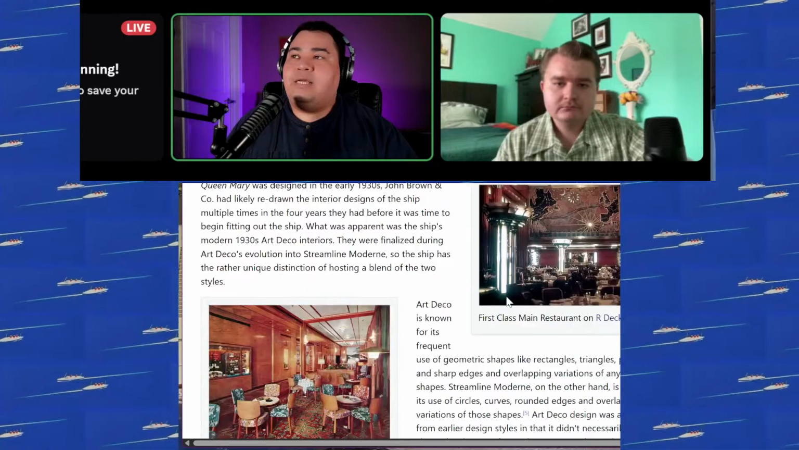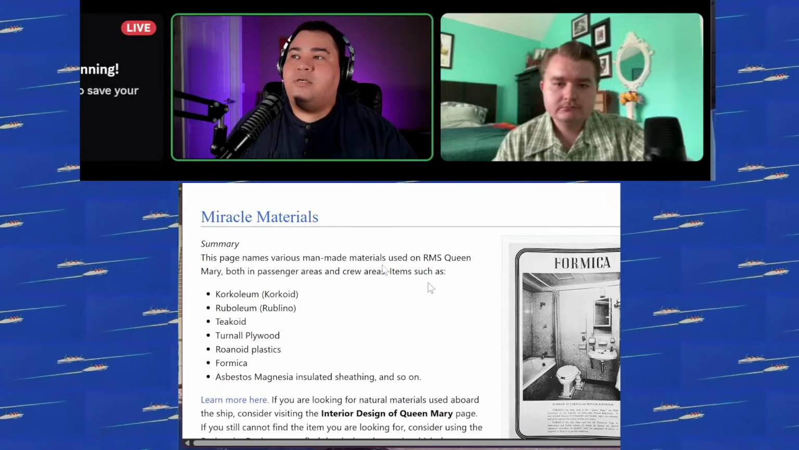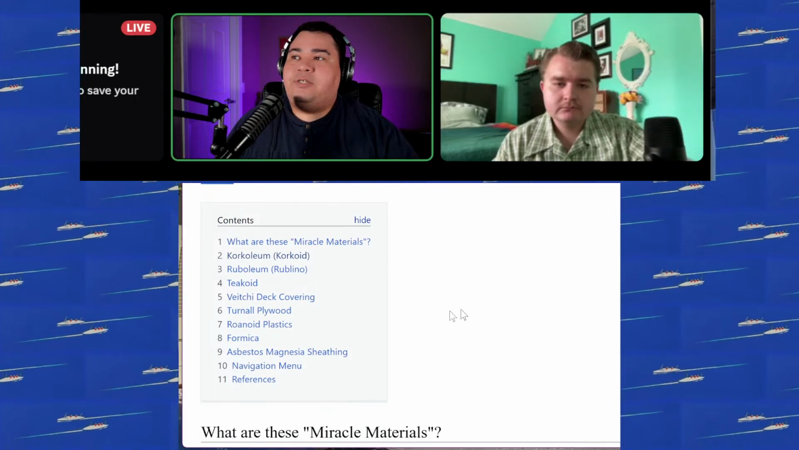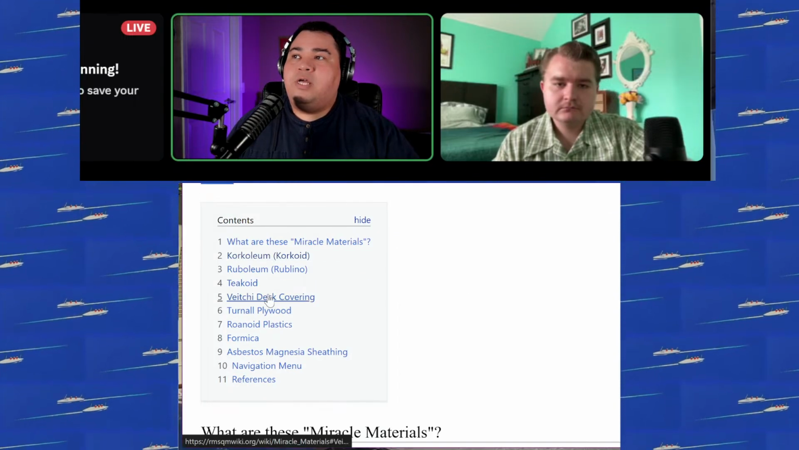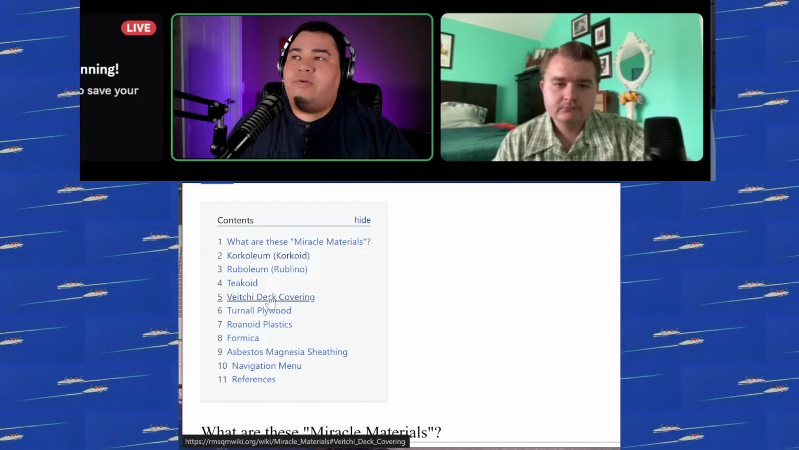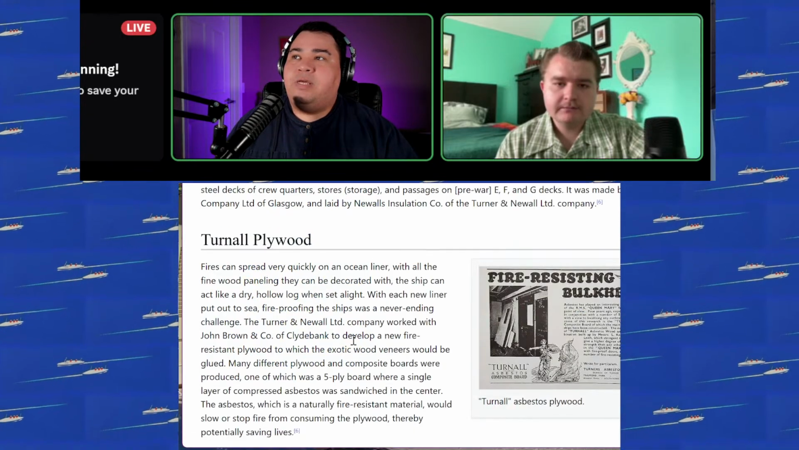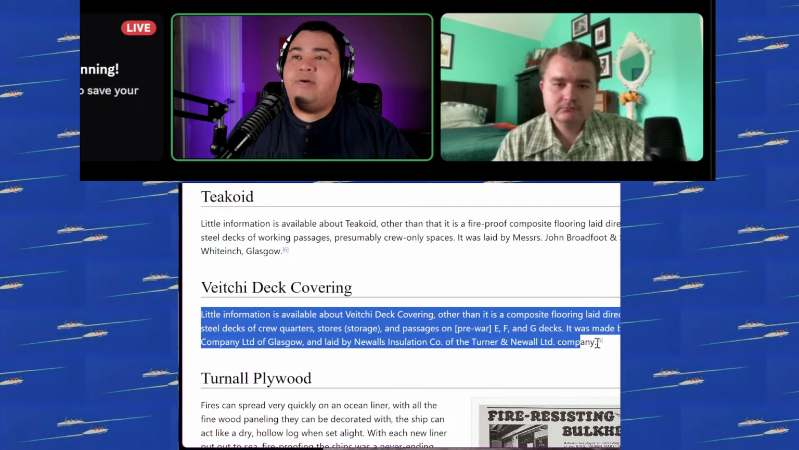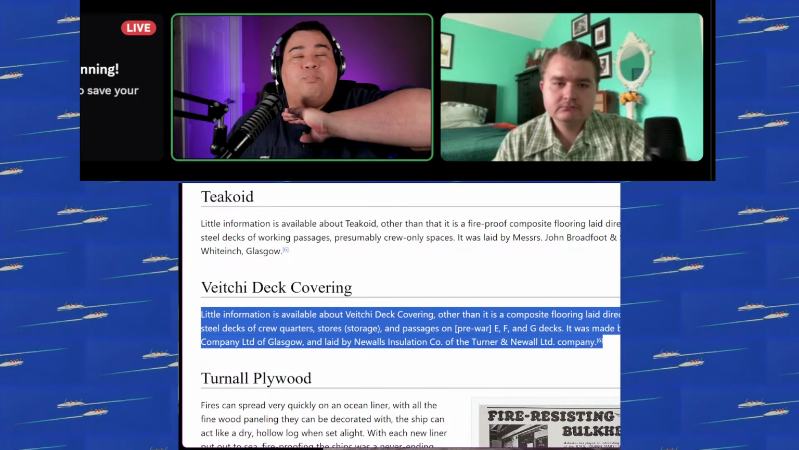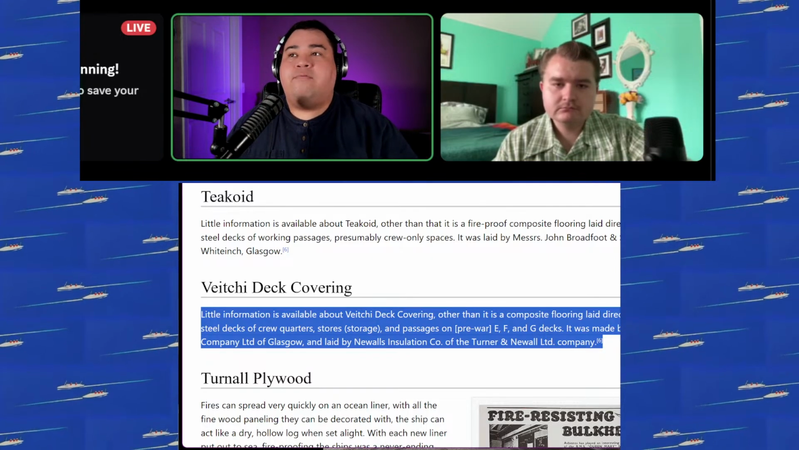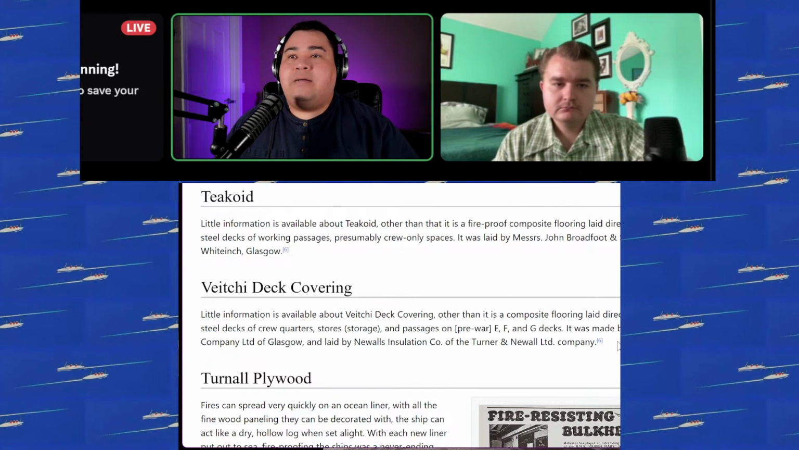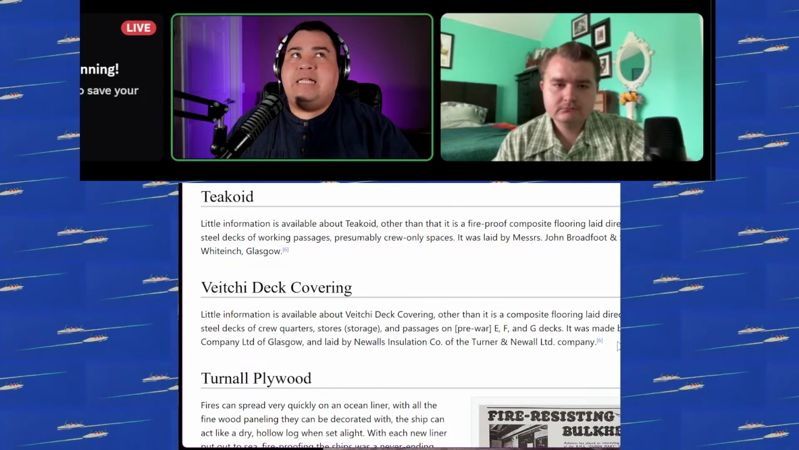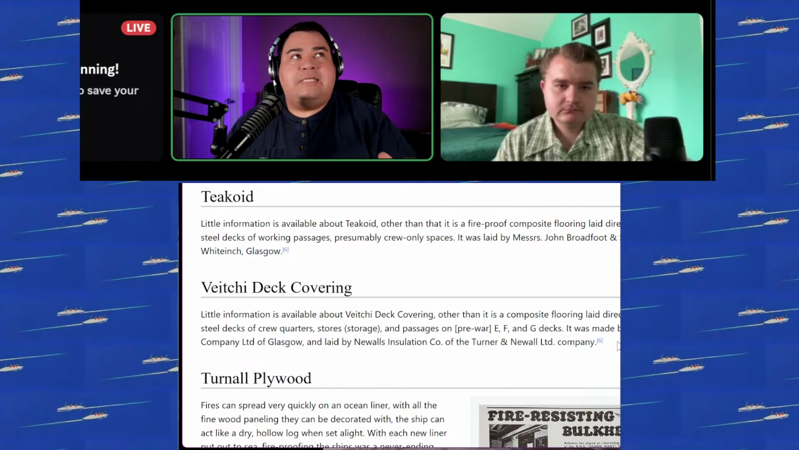Interior design. I'm sorry. And then there's a page, Miracle Materials. If you go to the Miracle Materials page, you can learn about the different floors. So the red floor we're talking about is the Vici deck covering. So there's just this little tiny paragraph about it because there's very little information. I've been able to find practically nothing about this floor covering. But it's basically a composite floor that is poured onto the deck,